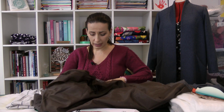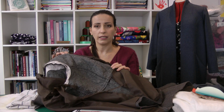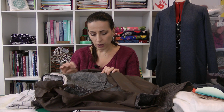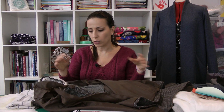So first of all, when I open it up, I noticed that all the pieces, the front and the back, everything is interfaced. I noticed that they used non-woven interfacing, and this fabric is a little bit structured, so I will never use a non-woven interfacing in my coats, because